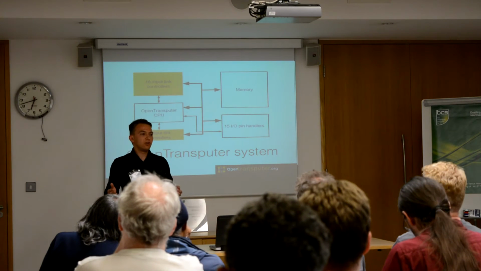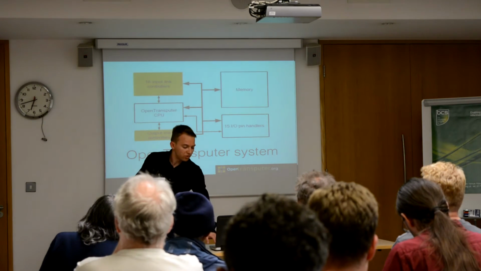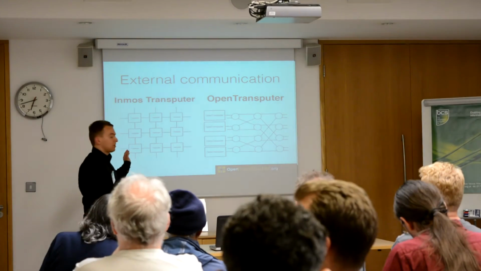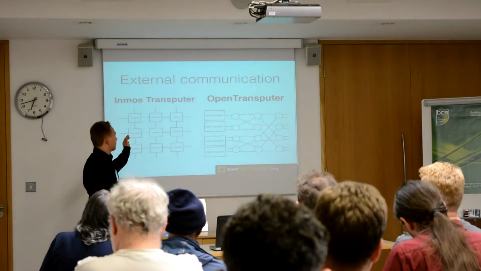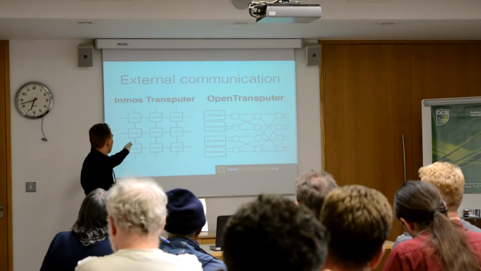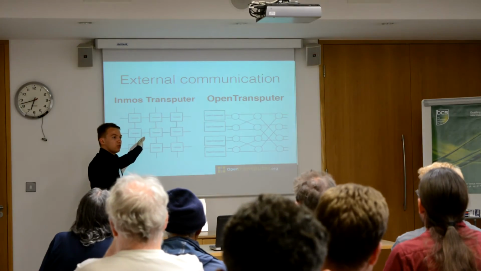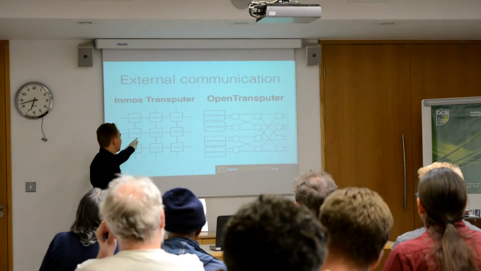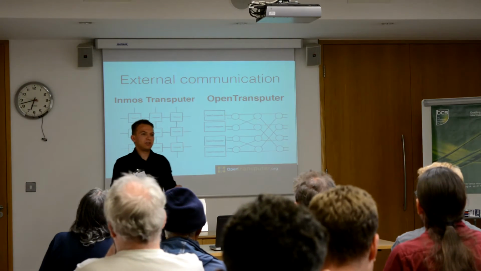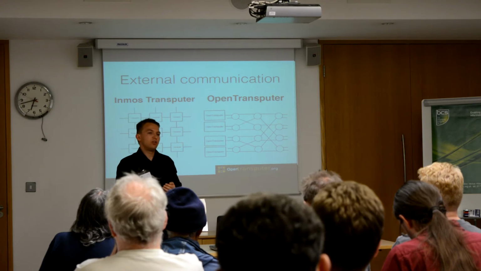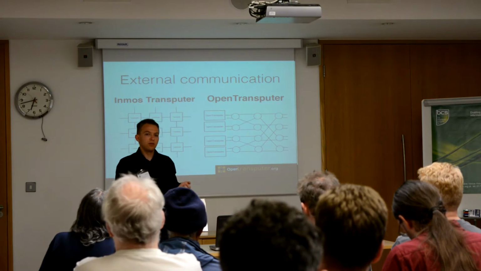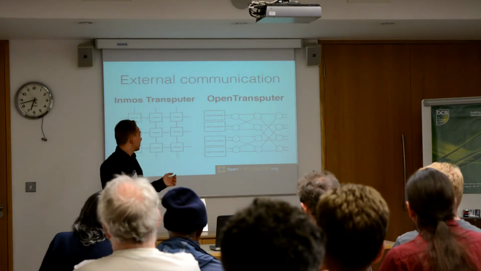Let's have a look at the external communication mechanism of the OpenTransputer. The original Transputer had 4 serial communication links, which meant you could build transputer networks in a point-to-point fashion that look sort of like this network here. We thought this approach reduces the usability of the Transputer as a building block for large parallel networks, which is